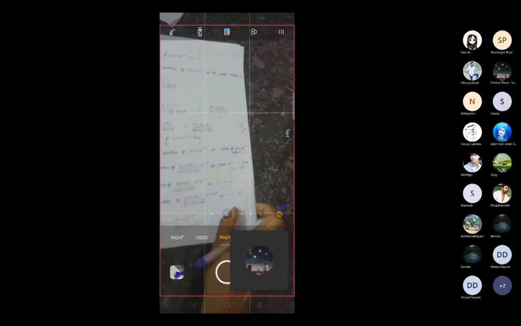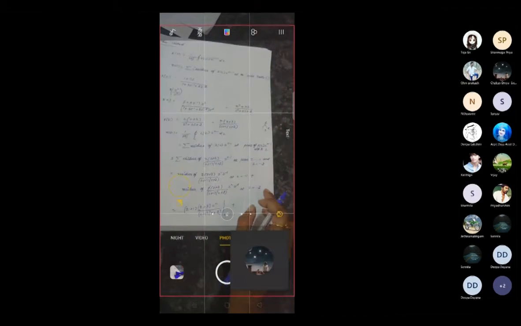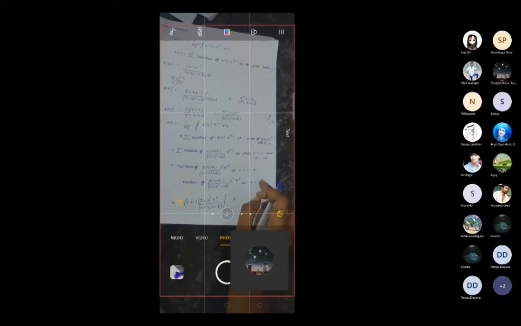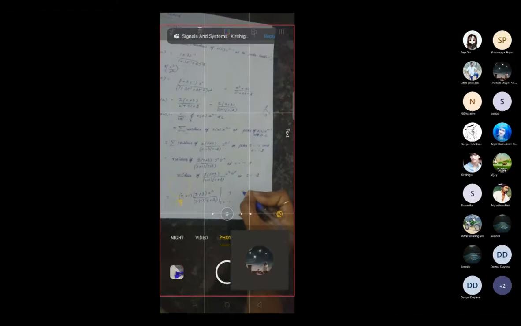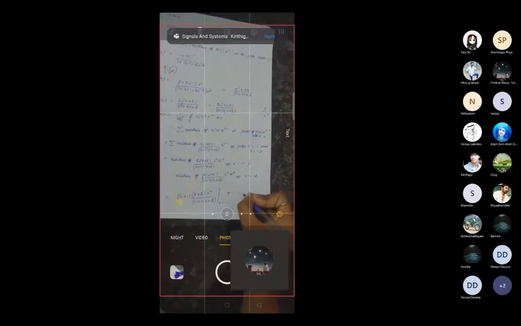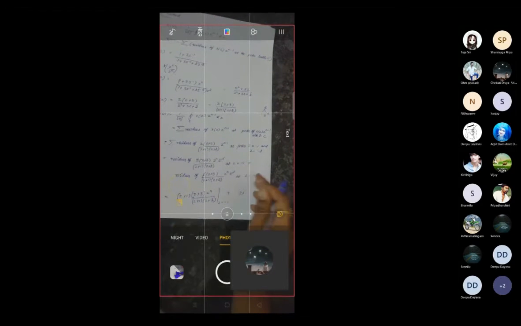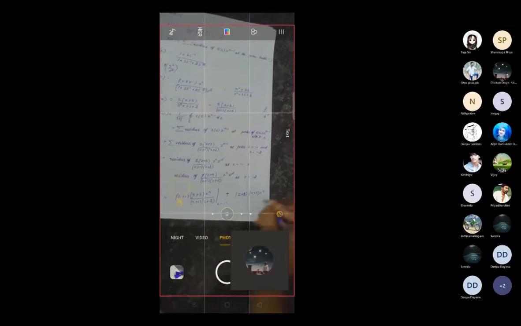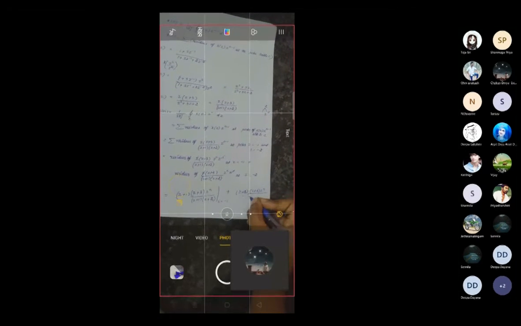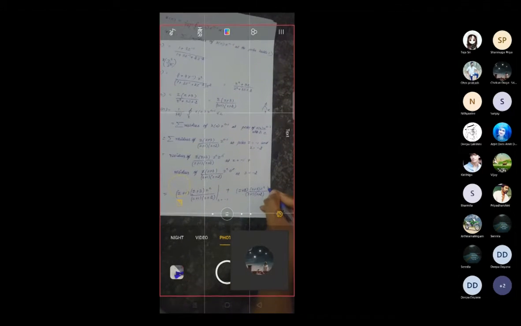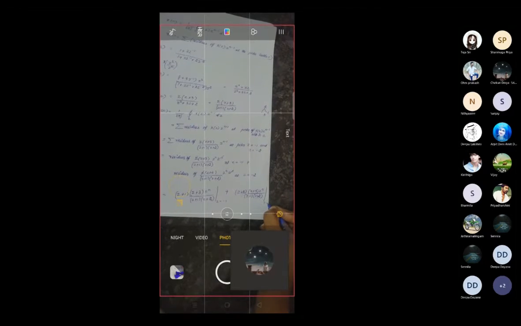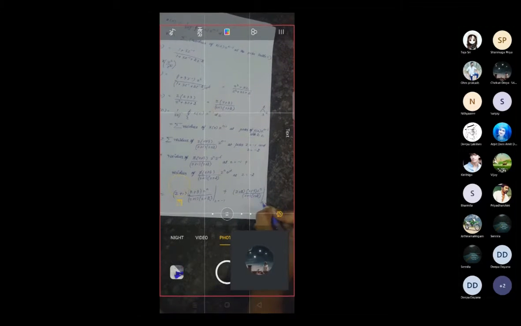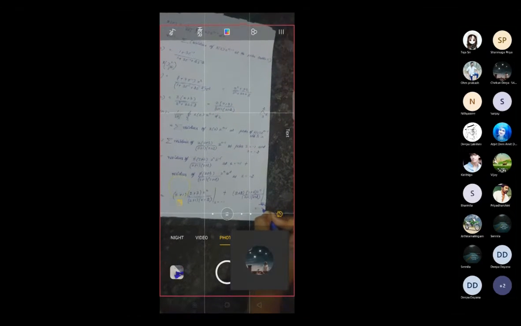For this pole value will be z equal to minus 2. So z equal to minus 2 means your residue will be z plus 2. So z plus 2 into z plus 3 into z power n divided by z plus 1 into z plus 2. Okay, for the pole value z equal to minus 2.